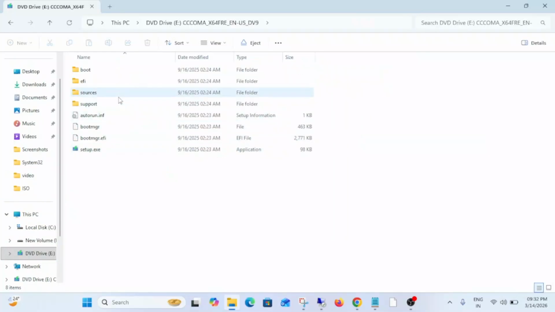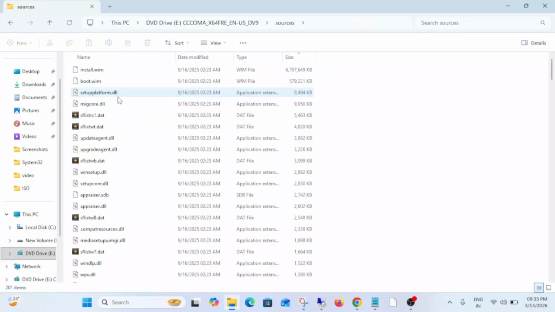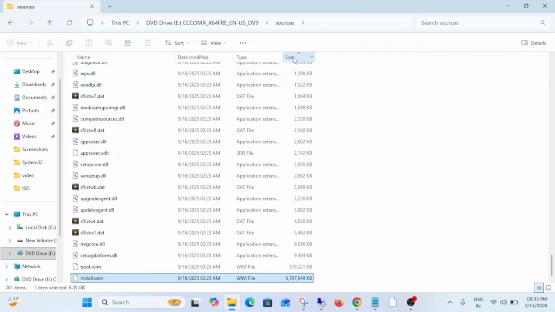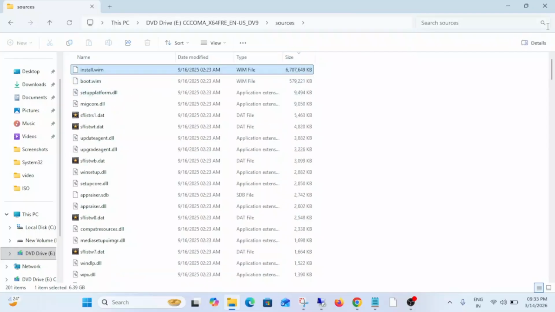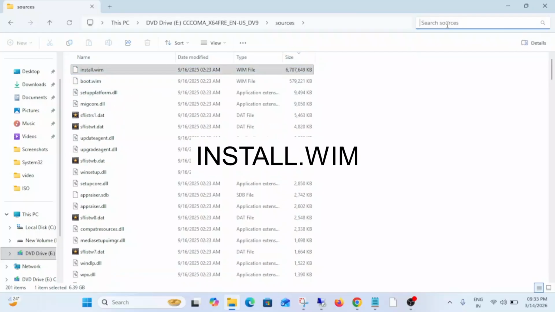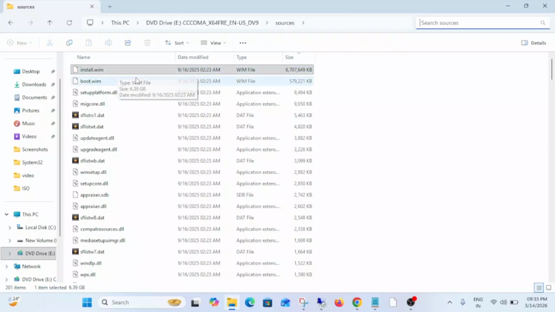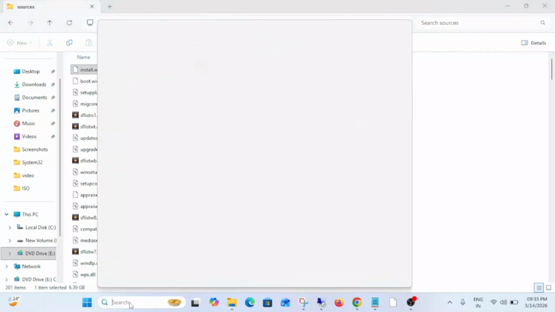Once you open it, go to the sources folder, and here you need to look for the install.wim file. This is the largest size you have. You can filter by size, just click on size, or you can search for install.wim here. I have found it by filtering. Basically we need this file to extract into the recovery drive, so when we run the command prompt